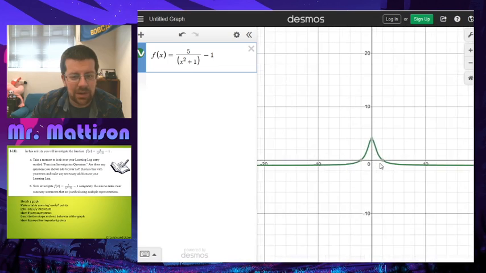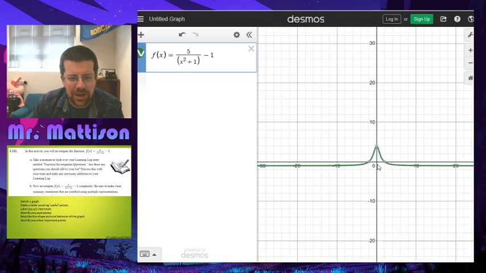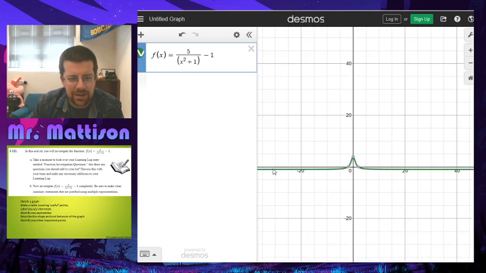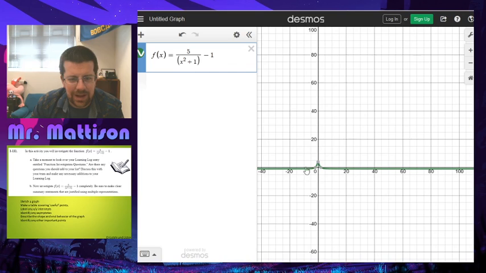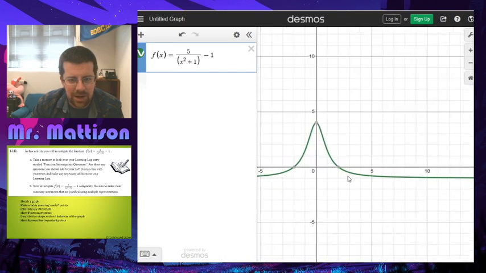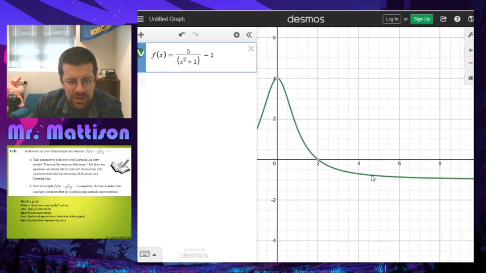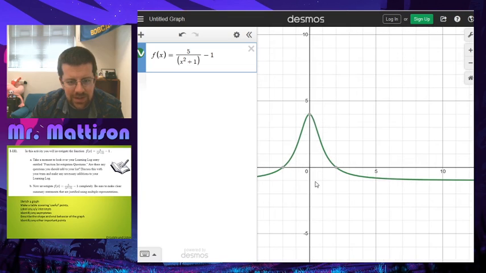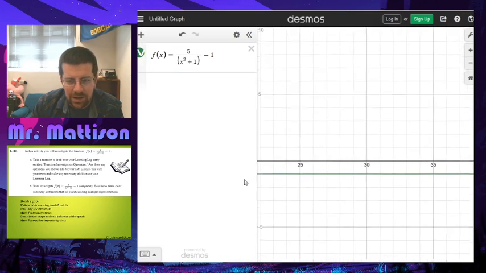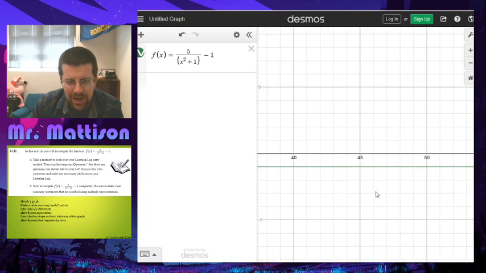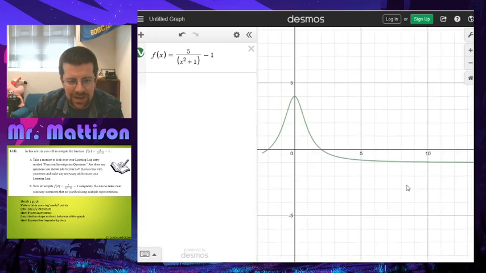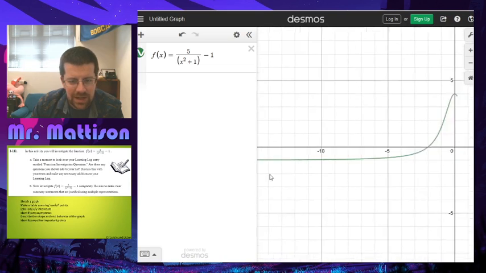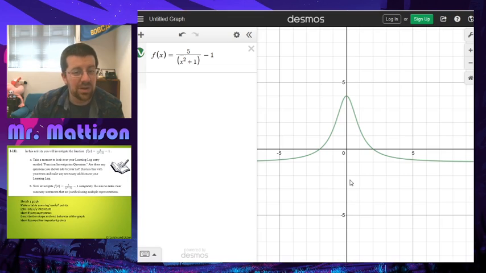Asymptote-wise, I don't see any vertical asymptotes, but I do see something weird happening horizontally. I'm following this flat line as I go left and right. Now, where is that line at? Let's zoom out to where it's going to change. There we go, right there. So this gray line here is -1. I'm going to say it never actually goes lower than that. So we have that -1 being as low as this thing ever goes on both the left and the right. So we're seeing a horizontal asymptote at -1, but there actually are no vertical asymptotes,